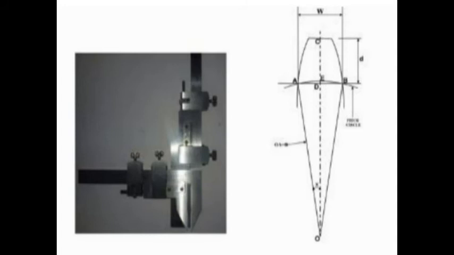Now you can see this geometry of the gear tooth. We have a pitch circle and a top line, and O is the center of the gear, OA is a radius, and C to D, with D being this point, is the depth. A to B is the chordal thickness, which is termed W. So we should calculate the value of d, small d, and then move the tongue, and then we can measure the value of capital W, which is the chordal thickness.